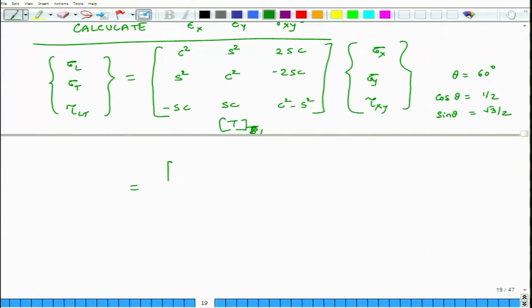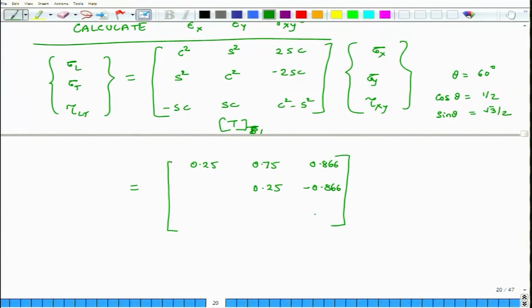So, from this we find out the members of this matrix. So, what are those values? I have 0.25, this is 0.75, and this is 0.866, 0.25, minus 0.866,